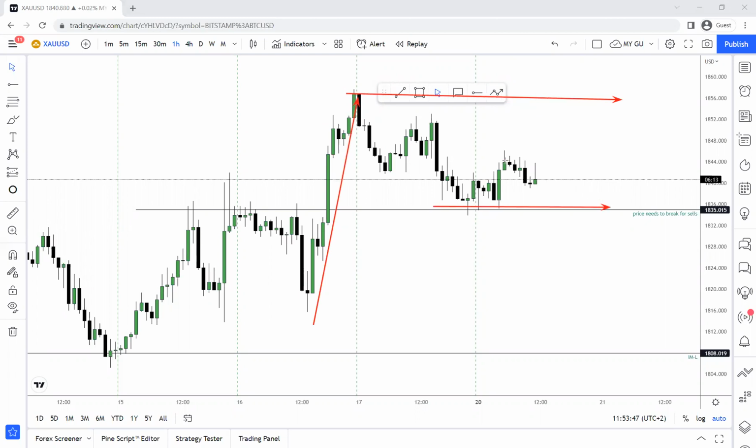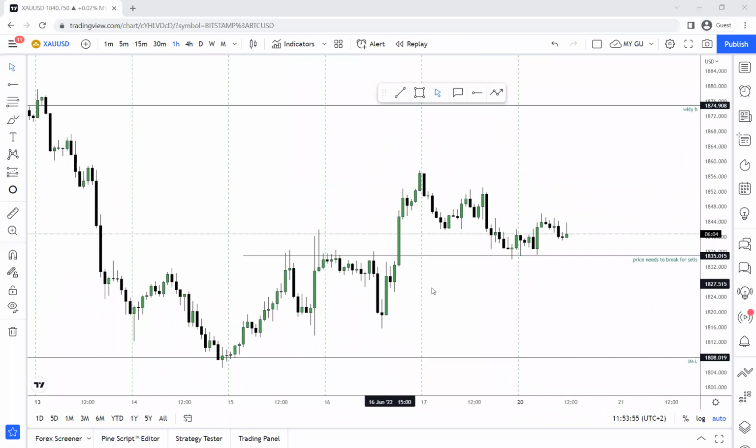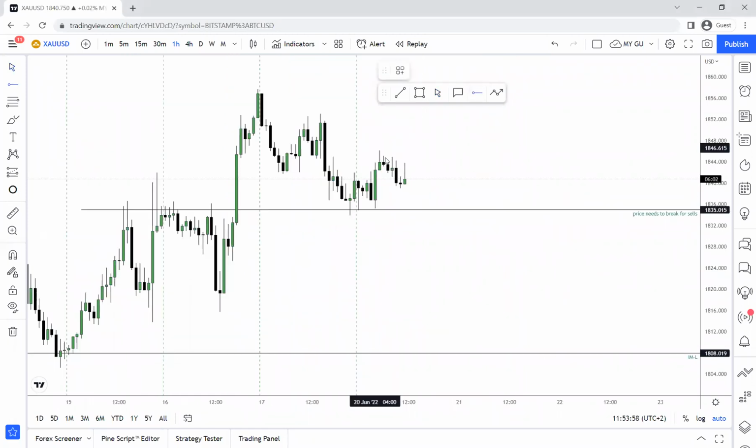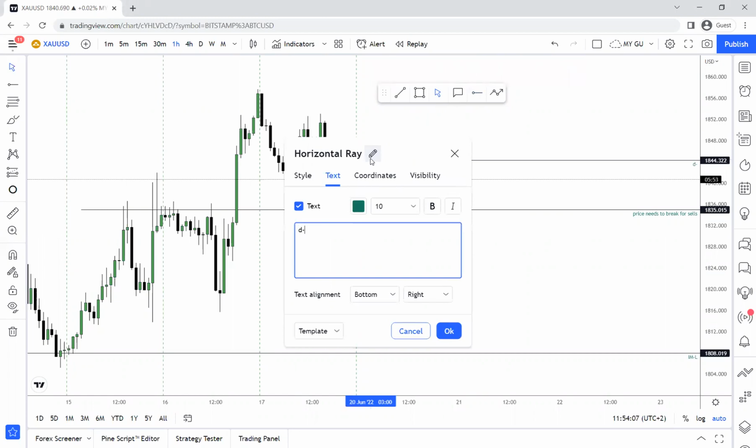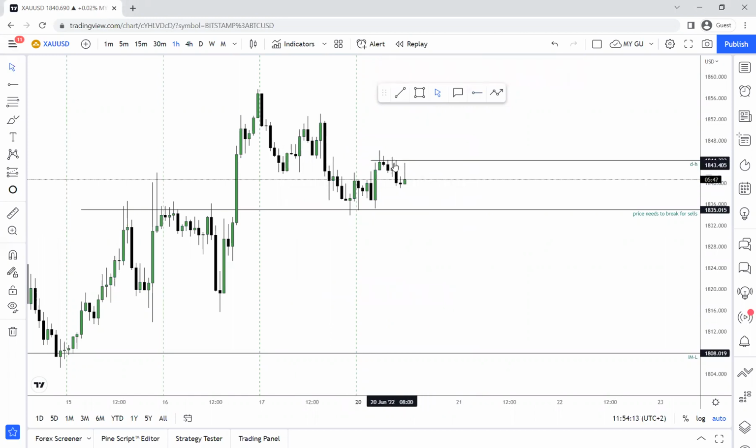For today, you need to watch out for this high. All right. So let's maybe highlight that high. Let's highlight this high right here. That's our daily high. That's only for today. So at the end of the day, you need to reevaluate this daily high to see if it's still holding or if it's not holding. But for now, if price can break the lower price it is at, we should see it continue to our targets. All right. So just be careful.